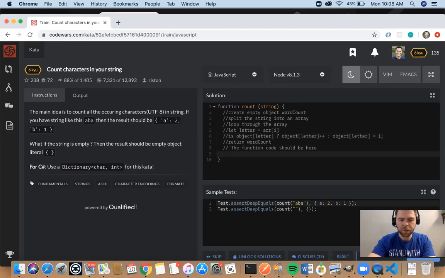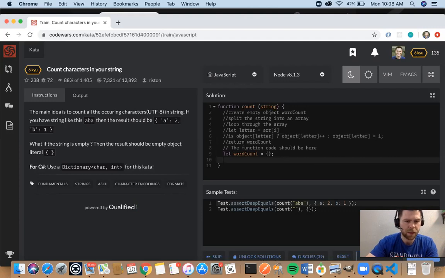Okay, let's just code this. So let word count equal empty object. Does uppercase matter? Is it case sensitive? Do we want it to be case sensitive? Count all the occurring characters in a string.